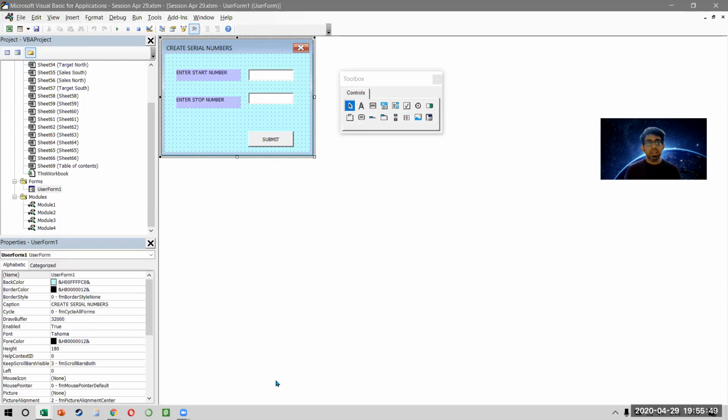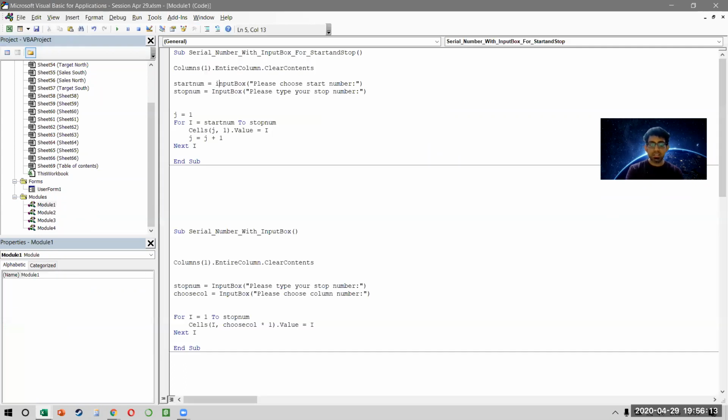So I think we've done quite a lot. We saw how a macro can be saved in an XLSM, it should not be an XLSX. A code starts with a subroutine, which is sub. The code name cannot have a space in it. The code will come in a module. Once you write the code, the autocorrecting works on its own. So if you notice, even if I make the I small, when I go to the next line, the I automatically becomes capitalized. So this is very smart, so this allows you to make small mistakes here and there, and the code at least fixes the cases for you.